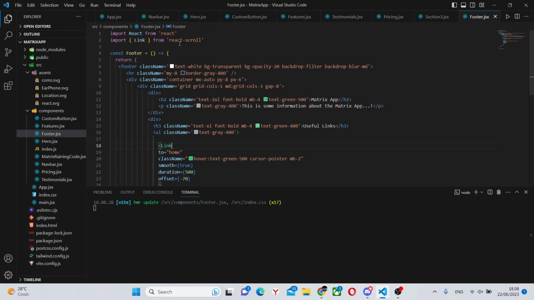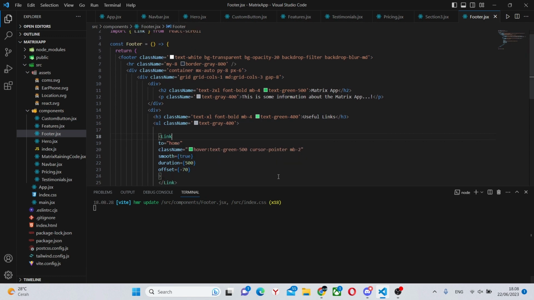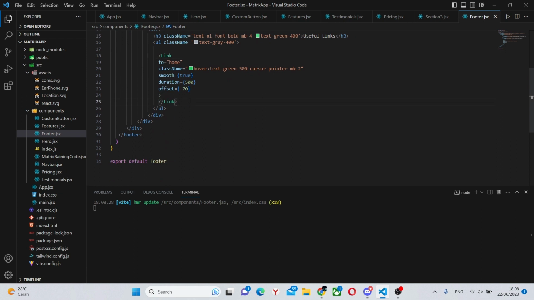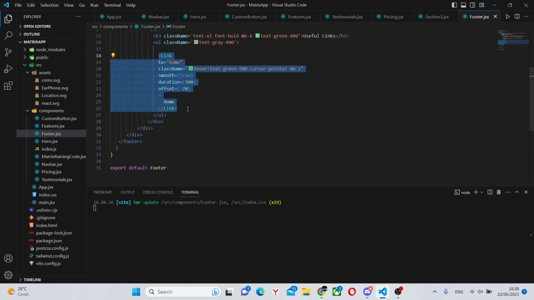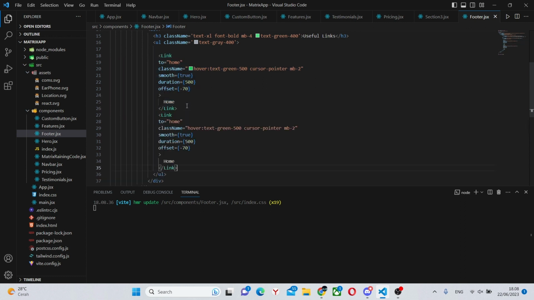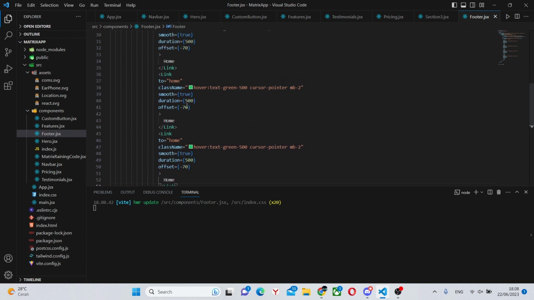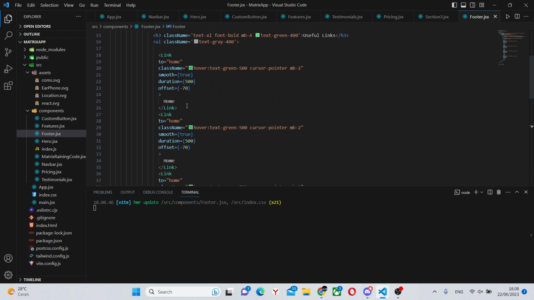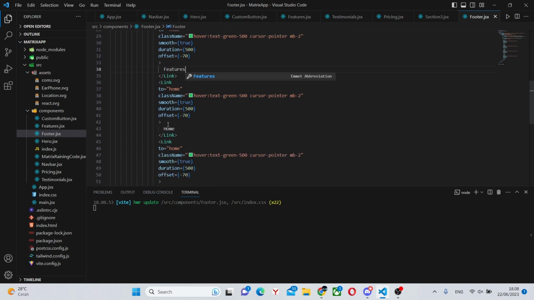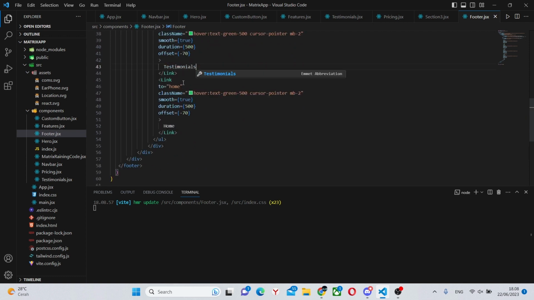Now if we import it from React Scroll, everything should be working fine. Here we can write home and copy this 2 more times, I believe, or maybe more. So let's see, 1, 2, what else do we have? And well, I guess 3. So over here we can have the features. Over here, testimonials, and we could add pricing.